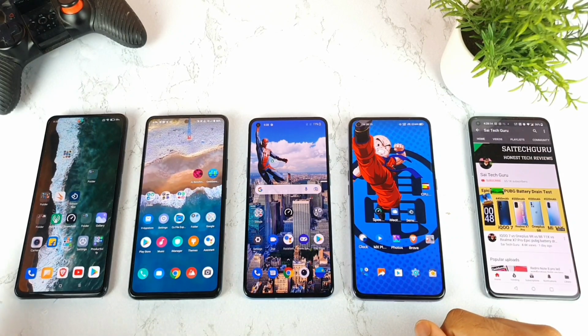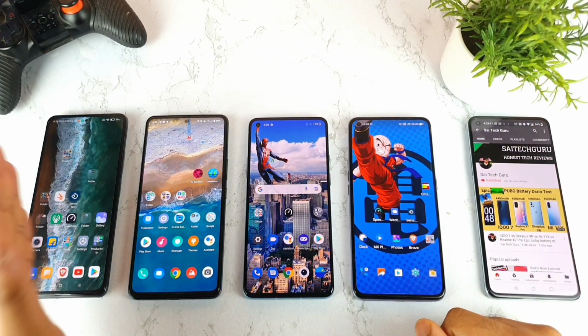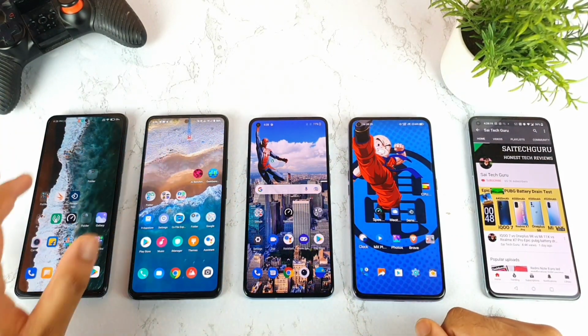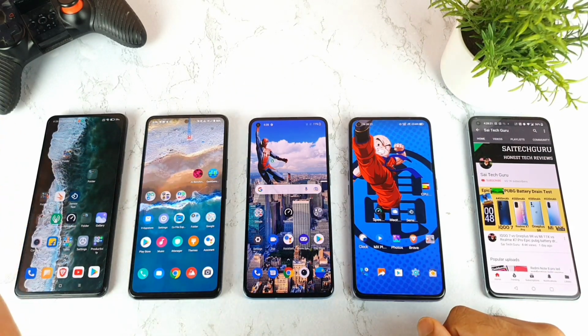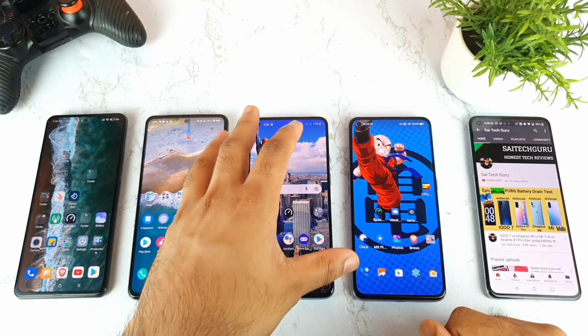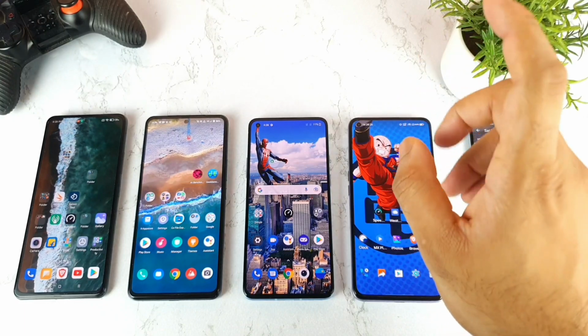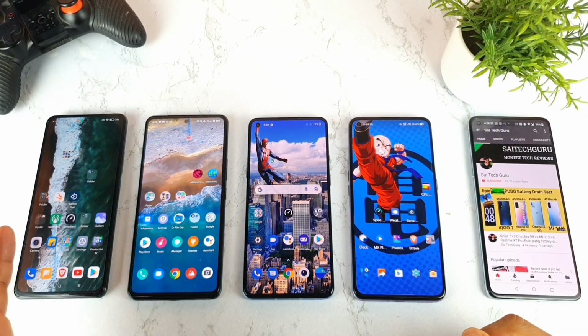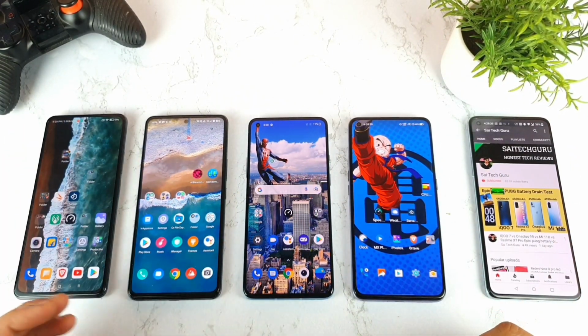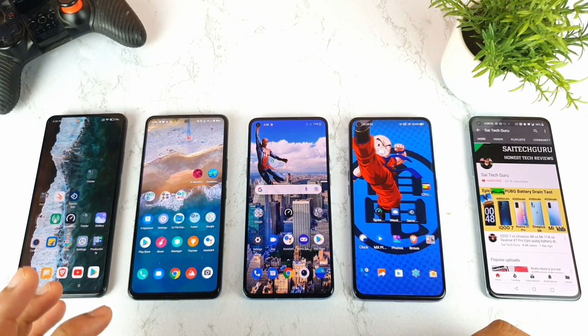Today we'll compare the green tint issue between all of these four smartphones which I got right now. The first phone is the Mi11X device, then the IQ7 smartphone, the OnePlus 9R and the Realme X7 Pro as well. I tried to include one phone from each manufacturing company to check the green tint issue and what the problem is.